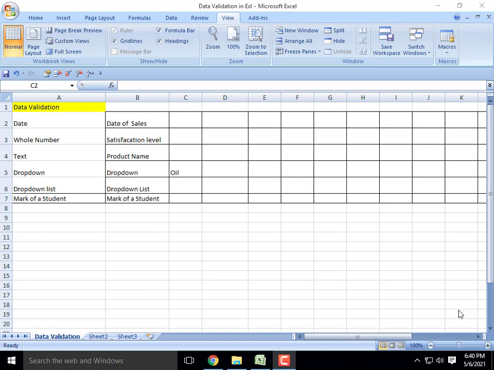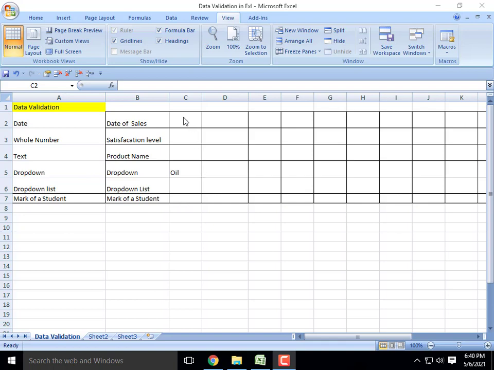Data validation is one of the important features available in Excel. While entering a large amount of data, we can customize the entries in an Excel sheet. Let us see some of the features in data validation. Here we have date format, number format, and text format, and we are going to discuss how to use a drop down list and mark entry, for example. These are the data validations we are going to discuss.